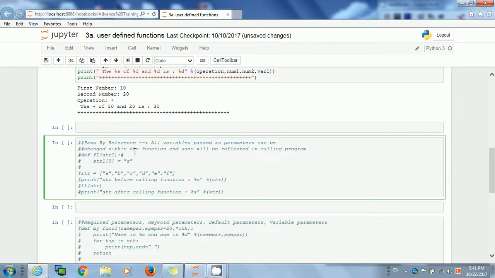Now pass by references. What does pass by references mean? In Python, all the values you pass as a parameter to a function are passed by reference. So what does pass by reference mean? The values can be changed within the function, and the same will be reflected in the calling programs. Here what it means is,